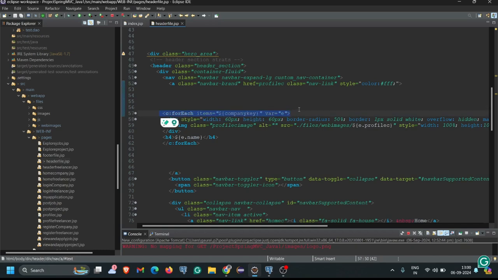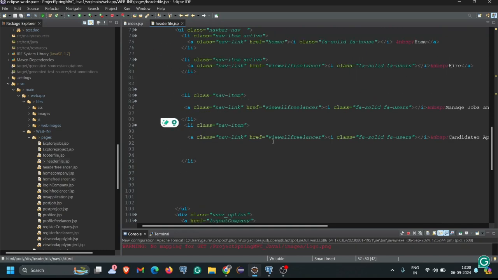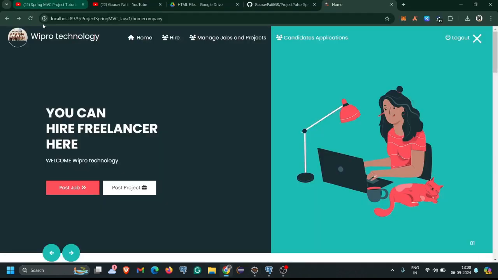So I simply copy that for each loop from here and come above that li tag, and I simply close this for each loop after the li tag, and with the help of e now we can easily show that data. So I copy that e from here, then I write a slash, then dollar sign, then curly braces, e dot cname or name. Okay, in our case, this is the name. Then simply refresh this,